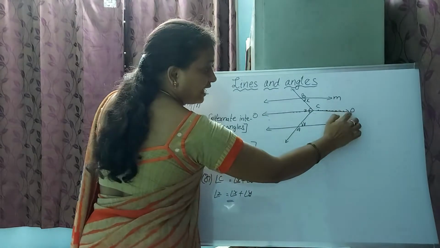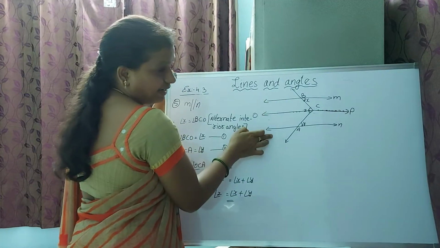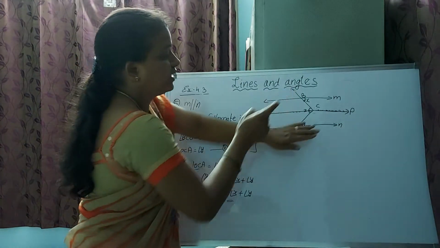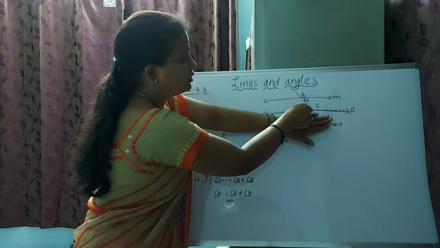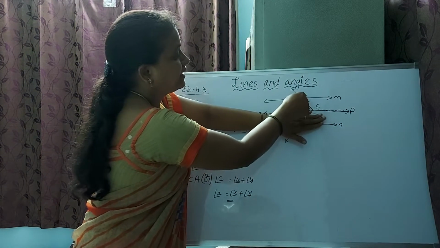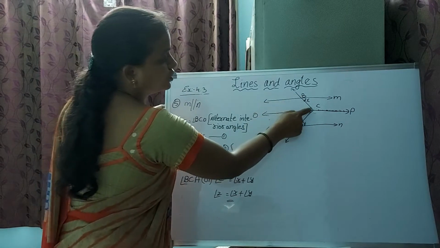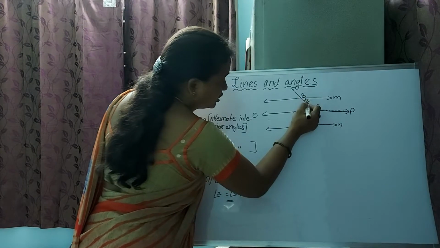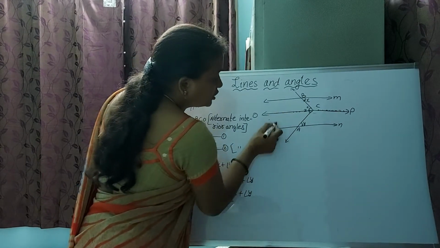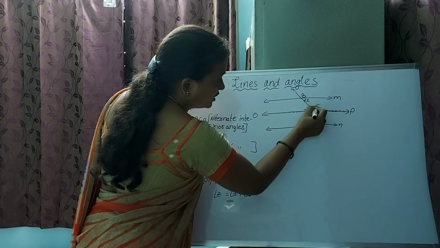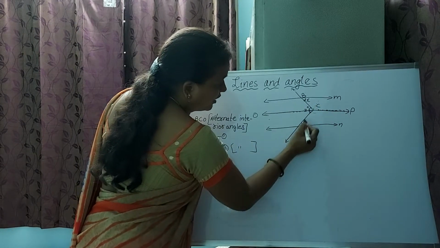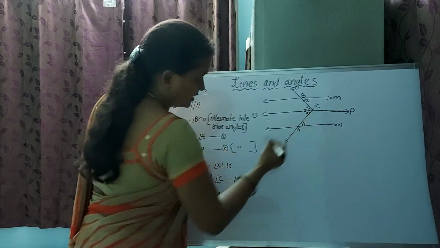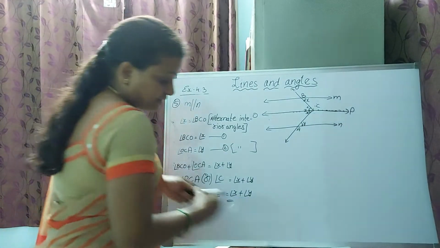If you draw a line parallel to these two parallel lines, then while observing these two parallel lines, you forget about the other one, and think that these two alternate interior angles are equal. That's why angle X will come here, and angle X here. That means these two are equal. Similarly, if you think this is a transversal, here angle Y, and here also angle Y. So the complete angle you want is angle X plus angle Y. That only we wrote.